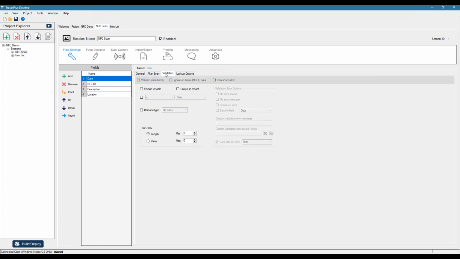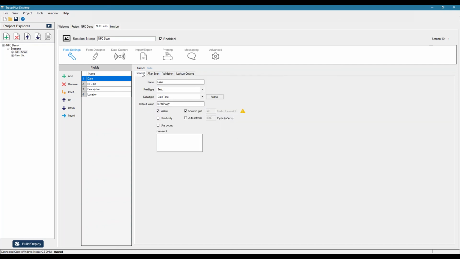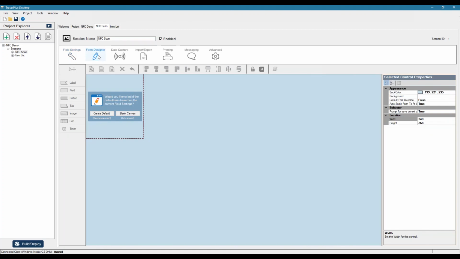One thing to touch on, we do also have validation features. So you can validate data that's actually being scanned. So if I scan an NFC tag that didn't exist, we could validate on that. Now, if we jump over to the form designer, I'll create a default form and I'll make it a